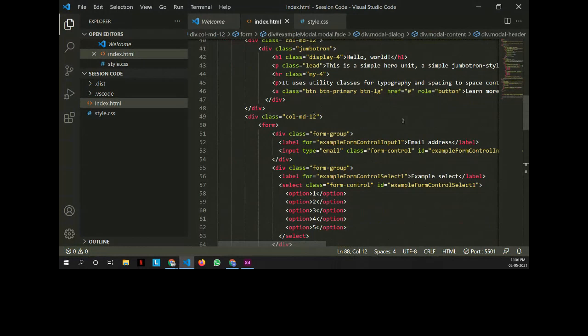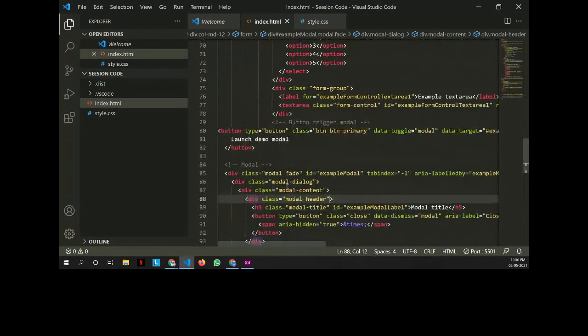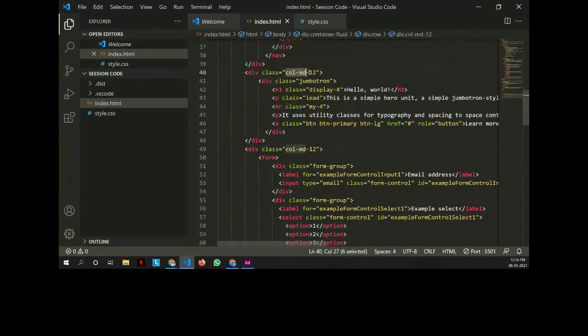I've been using Bootstrap for a while now, so I don't just copy paste the code, I just add the classes here. You must have seen me typing column MD12. This is a CSS class, in which the row is of 12 columns. You get that by practice. Once you start using Bootstrap, you automatically start getting the class names in your head.